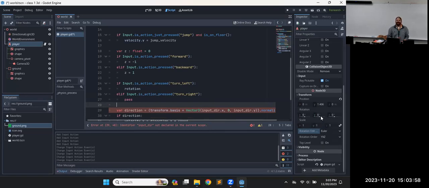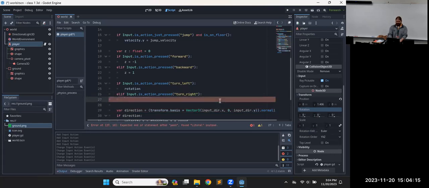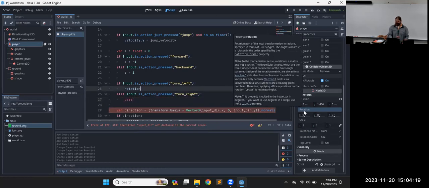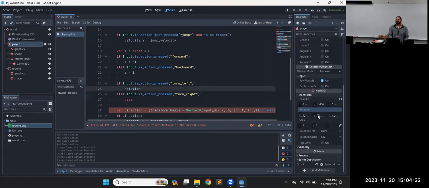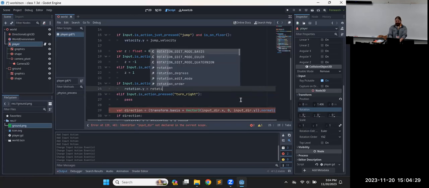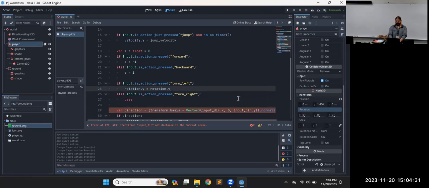That functionality is why Godot gets ranked with Unity and Unreal, because those are the only three that have that. Everything else uses different labels in our code, and we can't grab rotation, hold control, and drag it over there. So rotation, and then in that rotation section, there's three things, right? X, Y, and Z. So we can say rotation dot Y, and we'll assign that to whatever rotation dot Y was